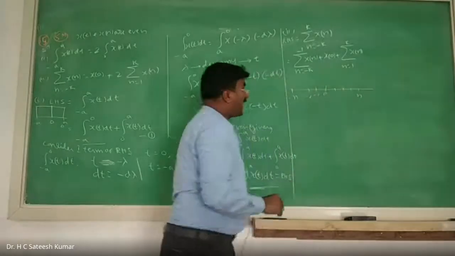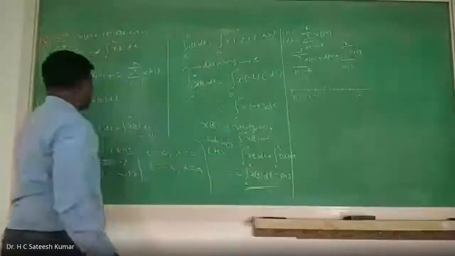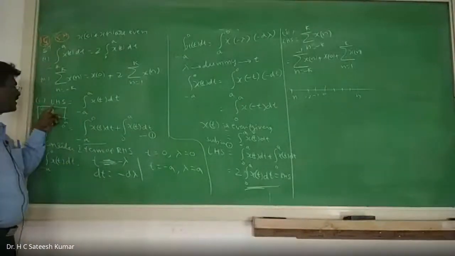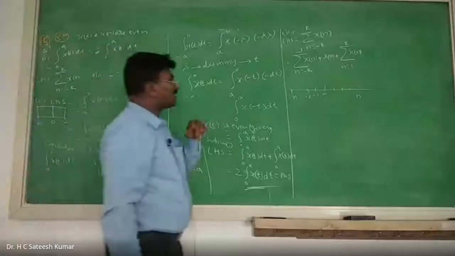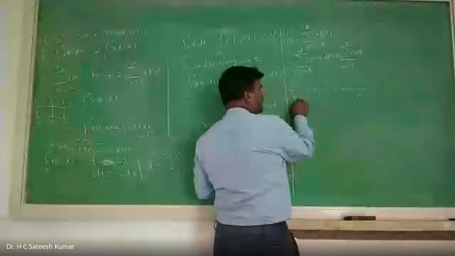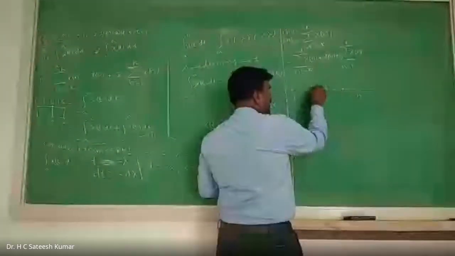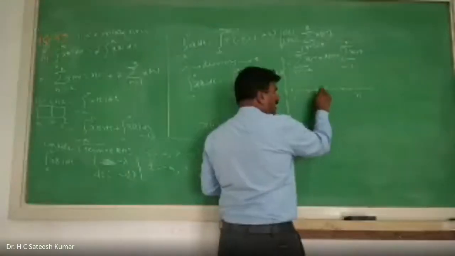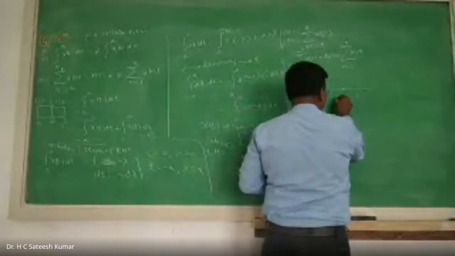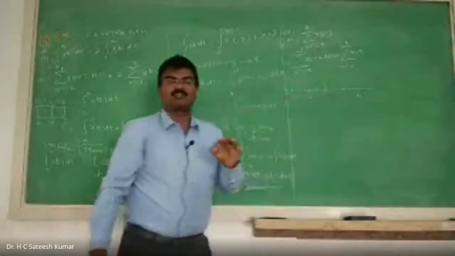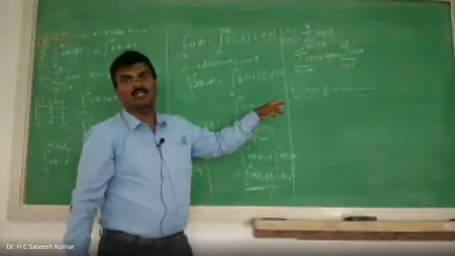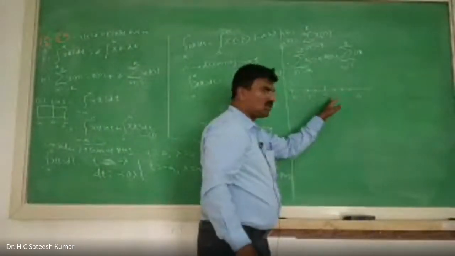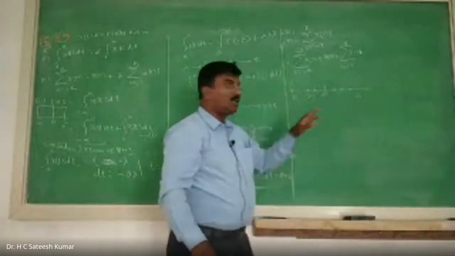Now, if you do it like this, what will happen, sir? Only in continuous time can you do it this way, because it will go up to this point and then it is the same thing. Now it is not like that. When you start from minus n to 0, and then take 0 up to n, the 0th element will be taken once again. That means the 0th element will be considered twice. That is the reason we should not take it like that. We should not take it from minus n to 0 and 0 to n. If you take it like that, the 0th element will be taken twice.